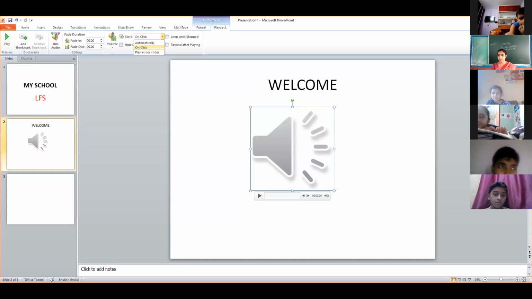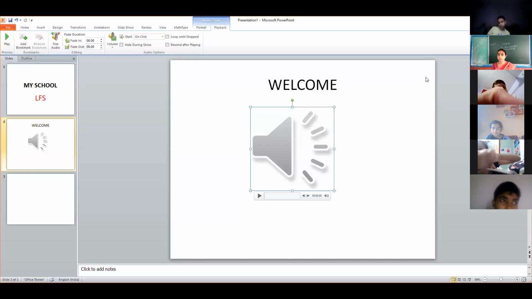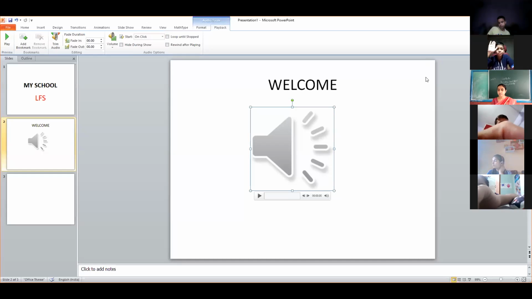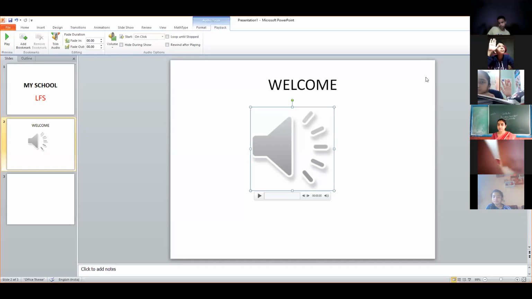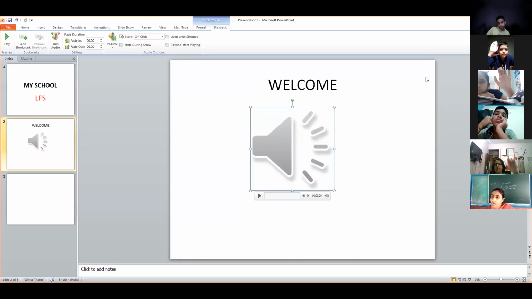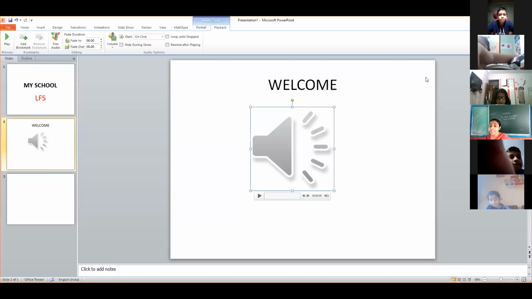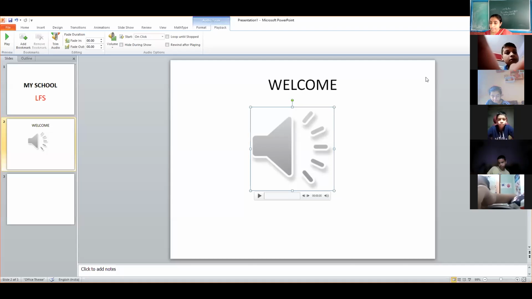Yes, Pragyan, what is the meaning of loop? Means to combine something. Not to combine something, beta. Loop is not combining. Yes, Abhinav? No, just the opposite of what you are saying. Yes, Raj: Ma'am, loop means repeating something endless times. Yes, loop means repeating it. Not exactly endless times. Looping means repeating the content.